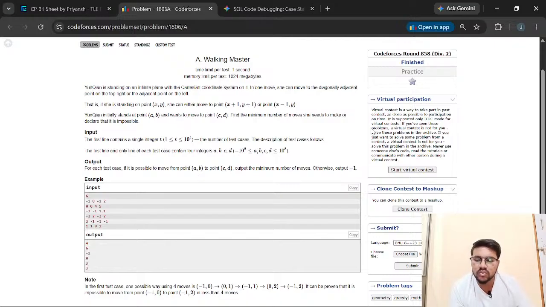Minus 1, comma 2. How can we move? So we have to